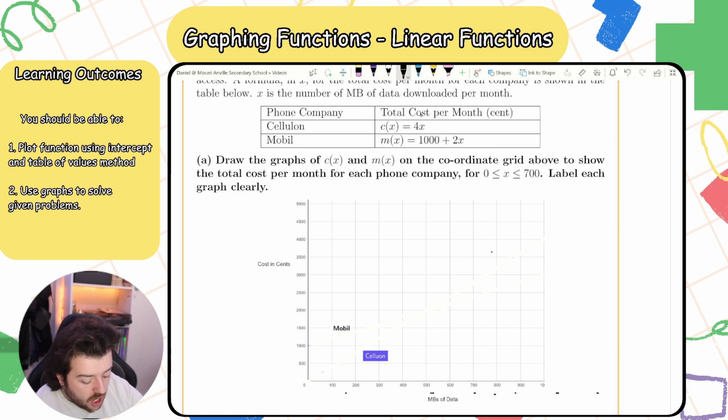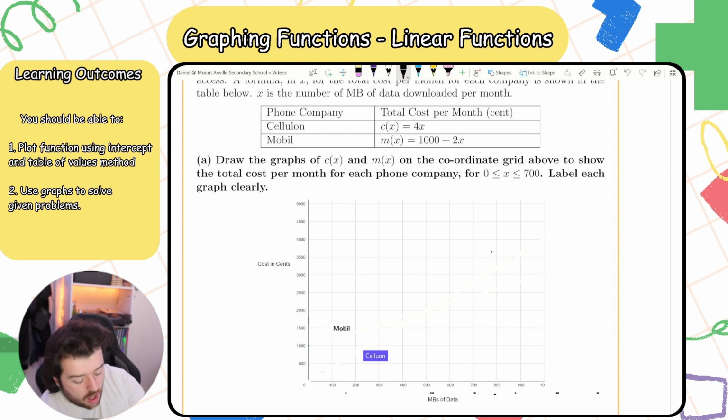Cellulon, and the total cost per month sent is 4x. So it's going to be 4 cents per megabyte of data used, right? And then Mobile here, the cost is going to be 1,000 plus 2x. So it's going to be 1,000 cents plus 2 cents per megabyte, right? So we want to draw the graphs of CX and MX, so Cellulon and Mobile, on the coordinate grid below